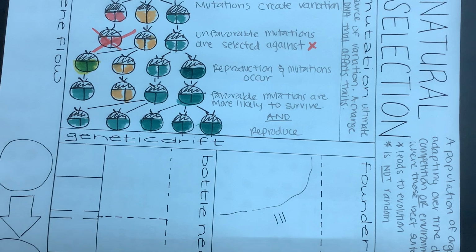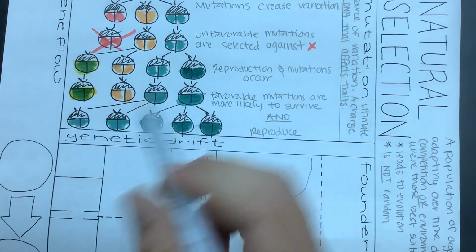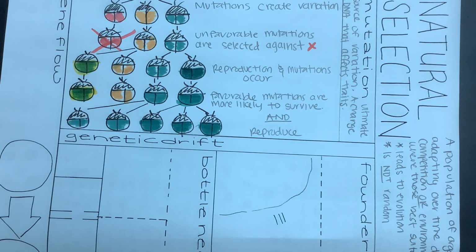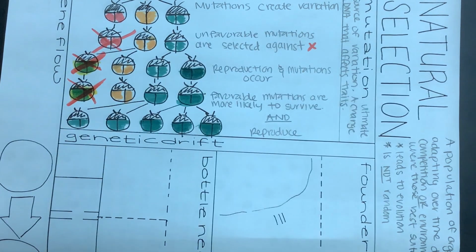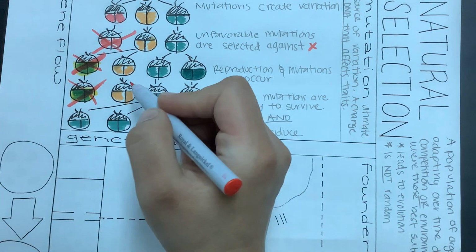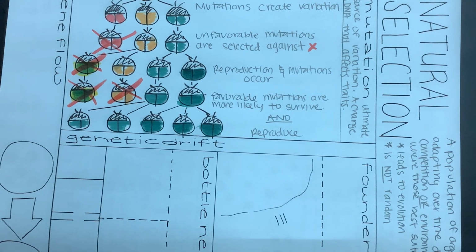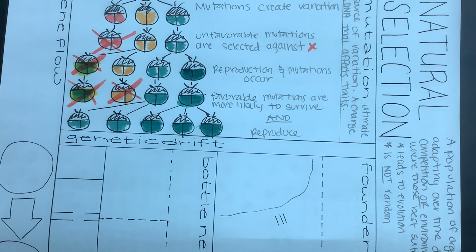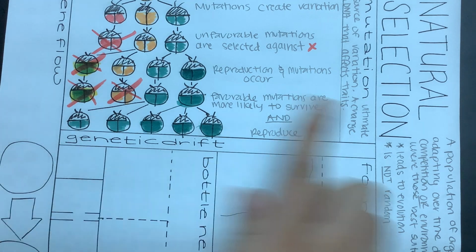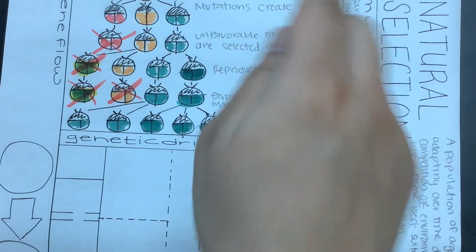So again, let's say we had another mutation here where we got yellows, and for some reason the yellow was also not favorable. These get killed off, and we only see a lot of the green. But then you notice that all these are green, so maybe the orange one was also not favorable, right? Even though that's what we started with. So thank God for mutations. All right, so that is one example of how we can get to evolution in a random way.